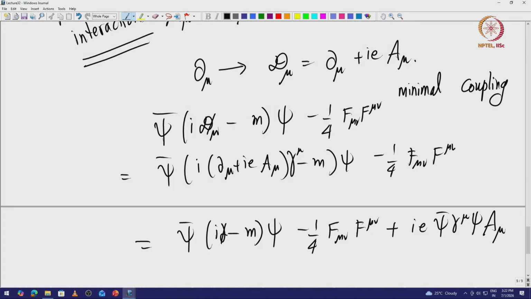Okay. So, you see that this is the same interaction term which we have written earlier. This is the same Lagrangian where we introduced the interactions as vector-vector interactions essentially. So, we are getting the same Lagrangian, but this time how did we get it? We are getting it by demanding